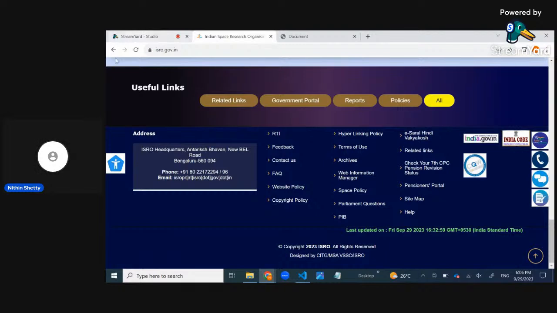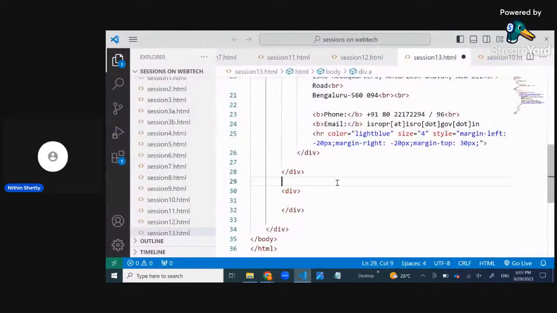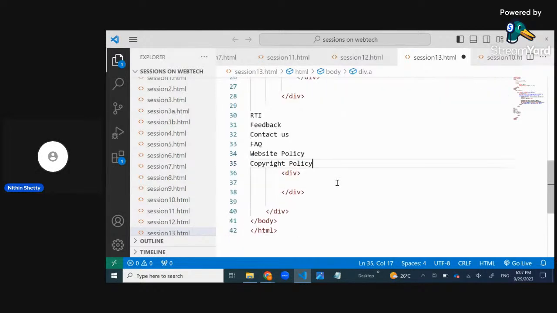So what should we have? RTI feedback, contact us, FAQ. I'll just copy this and paste it in my Visual Studio just for reference. Inside this div, what I will do is create